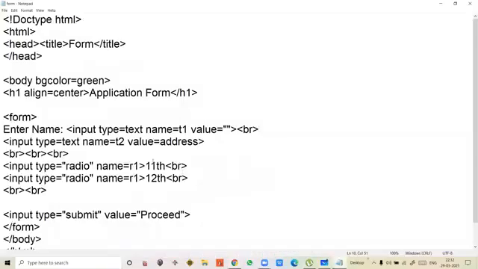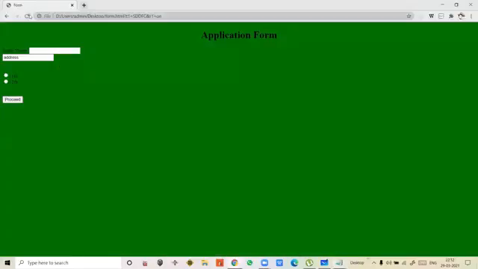Apart from this, students, you can also give the size. For example, I'm giving size equal to 15. Okay, so the text box will be of size 15. That means it will take only 15 characters. Let's see. Try to write like 2, 3, 7, 8, 9, 1, 2, 3. Oh, it is not taking the limit. I have to specify the max length, students.